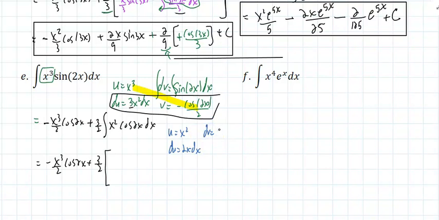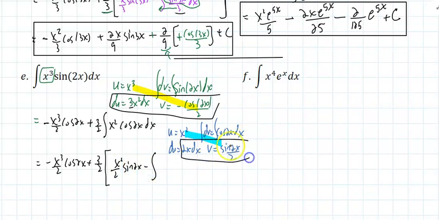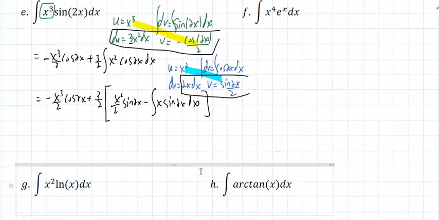And if dv equals the rest, cosine of 2x dx, then if I integrate, v would equal the sine of 2x divided by 2. u times v minus the integral, if I multiply those, u dv, the 2's cancel out, so I'm left with x, the sine of 2x dx. And if I proceed